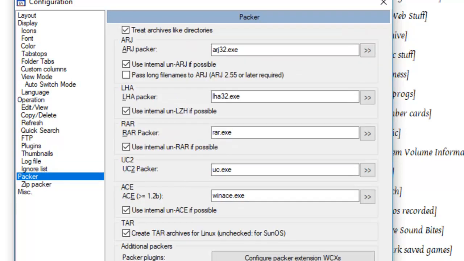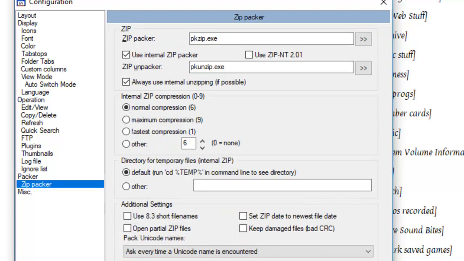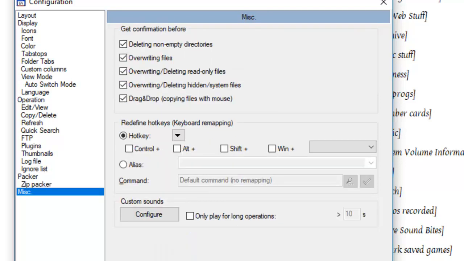You know whether you like to zip things up using ARJ packer or LHA or RAR, whatever. It's up to you. ACE even on there, I've just noticed that. WinAce. Zip packer, that will put a PK zip, fairly standard to Microsoft nowadays. It used to be an independent company, but I think it's been adopted by Microsoft. And of course the